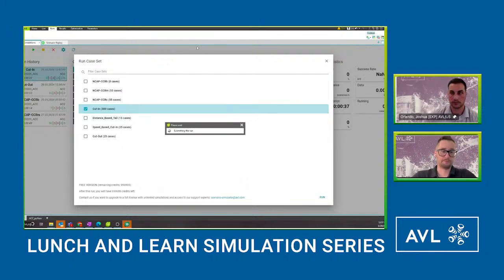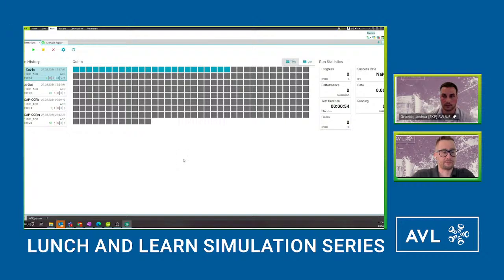Yeah, we have to unfortunately be cognizant of time, but I think you got a very good idea of how the tool looks, how it feels, how it works, and it's really easy to set up a lot of cases. And even with the free version, with 100 cases a day, you can already test a lot, I think. So we really encourage everybody to check out the Scenario Simulator tool by yourself.